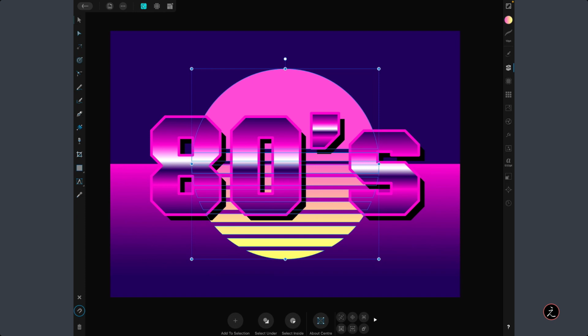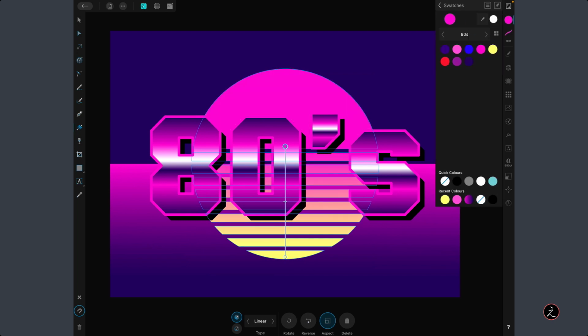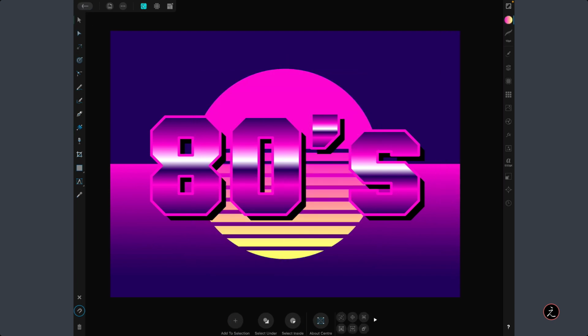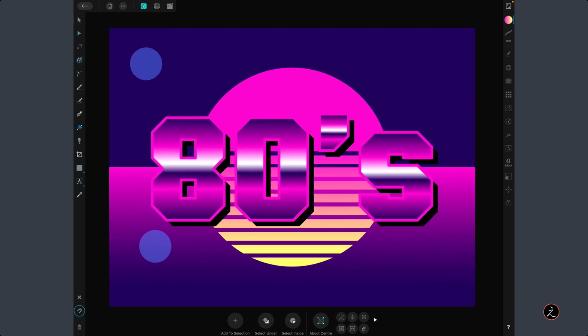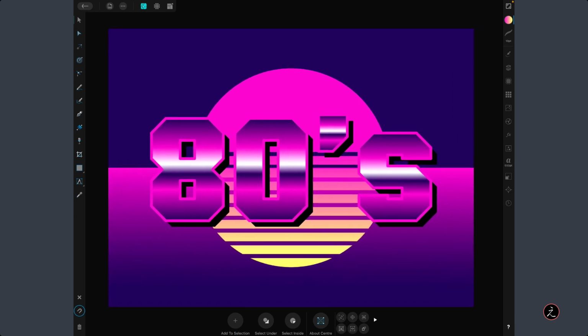And perhaps for this color stop, let me double check my work. I can actually use this color. I think I like this better. All right, that looks good. Going to go on. All right, that looks good. So we're going to go to the last step and add some additional shapes.